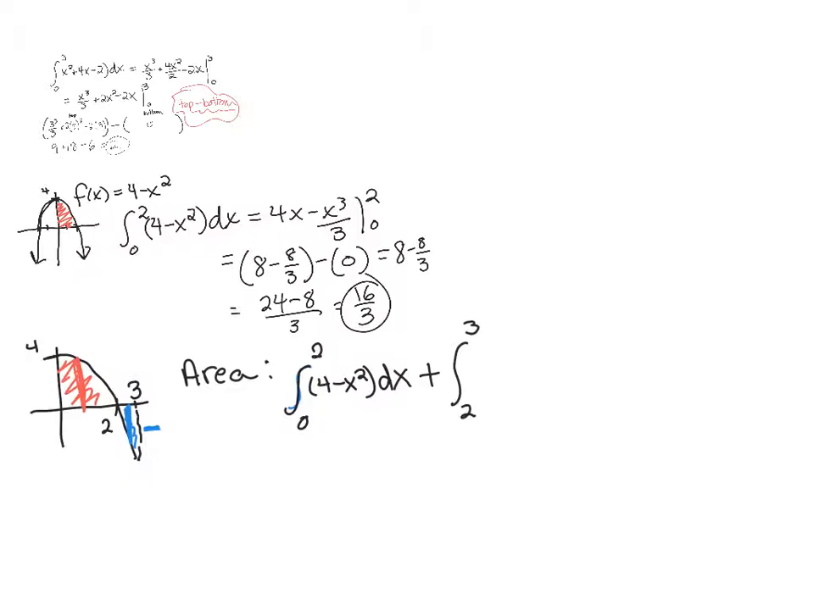What's the top? What's the y value here? 0. What's the y value of the bottom? The curve. So what I'm integrating here is 0 minus the curve itself. Top minus bottom always. But if I have 0 minus something, isn't that just the negative of it? So what we're going to do